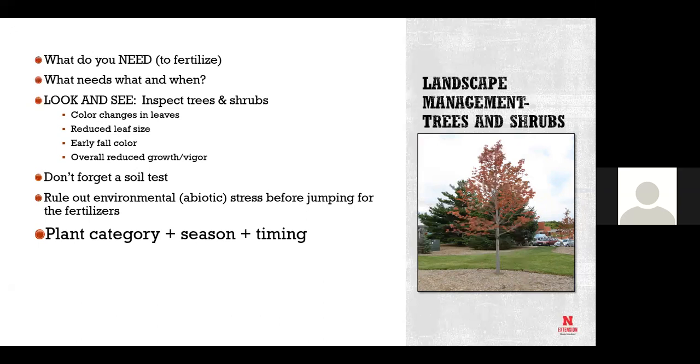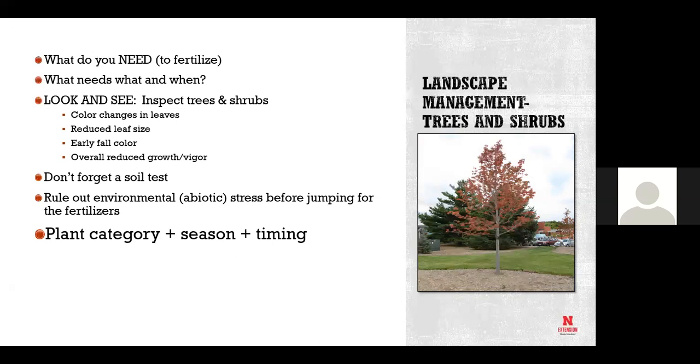I think it came out and it had major root issues. It went in too big at the wrong season, came out and overwatered. If you can get close enough to your screen, you can see the 3 tree anchors holding that tree into the ground, not anchored correctly, lots of issues on that. So make sure that it's not an environmental issue. Make sure that it's not a late frost before you start adding fertilizers. Again, it's what is that plant? What is the season? And then what is the timing? So remember, it's very important.